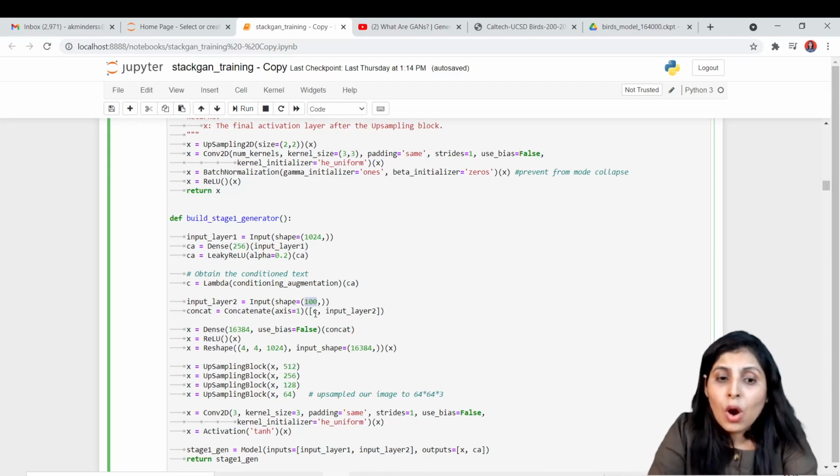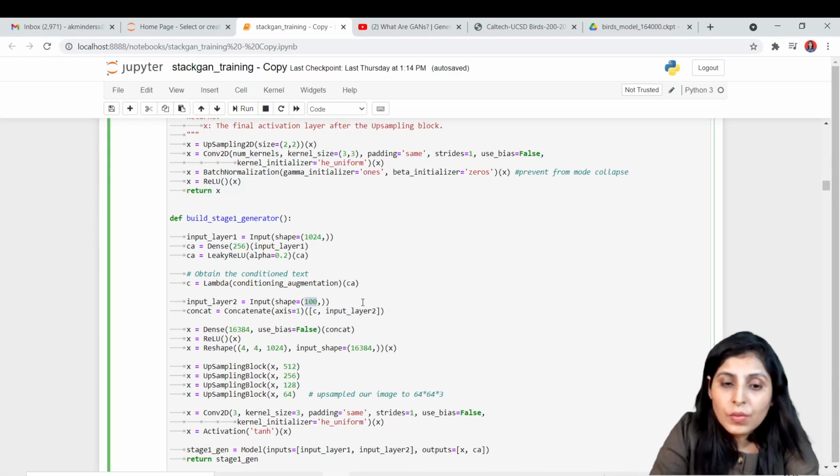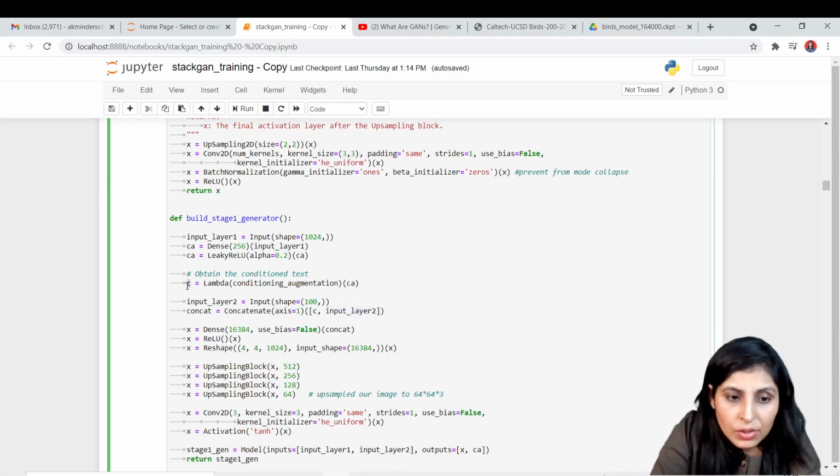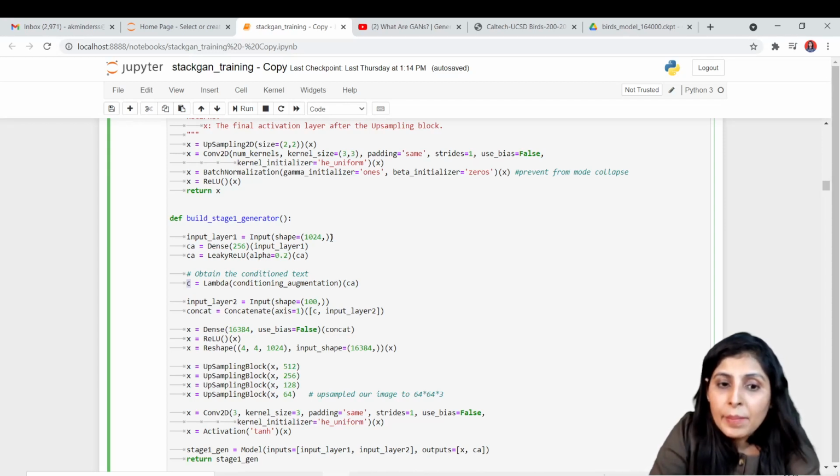Okay, so this is a random noise. Now we want to concatenate the random noise. This is C. What is there in C? We have an embedding vector. After doing conditioning augmentation, we are storing that embedding vector in the C variable. So over here we are using concatenate.